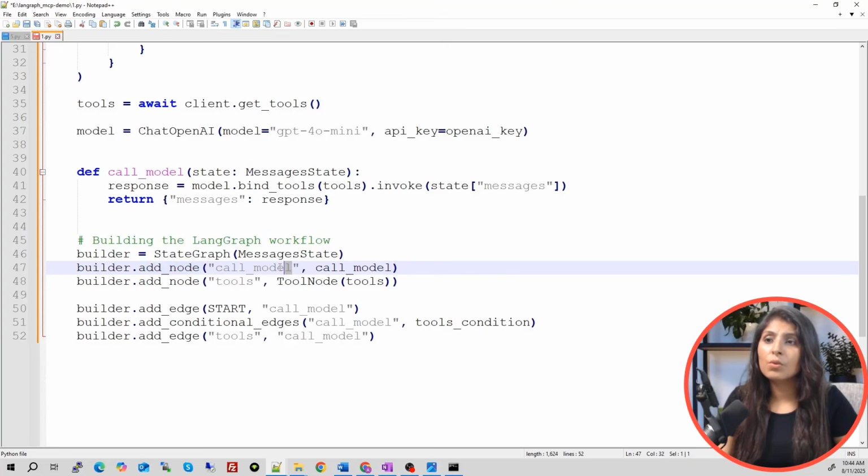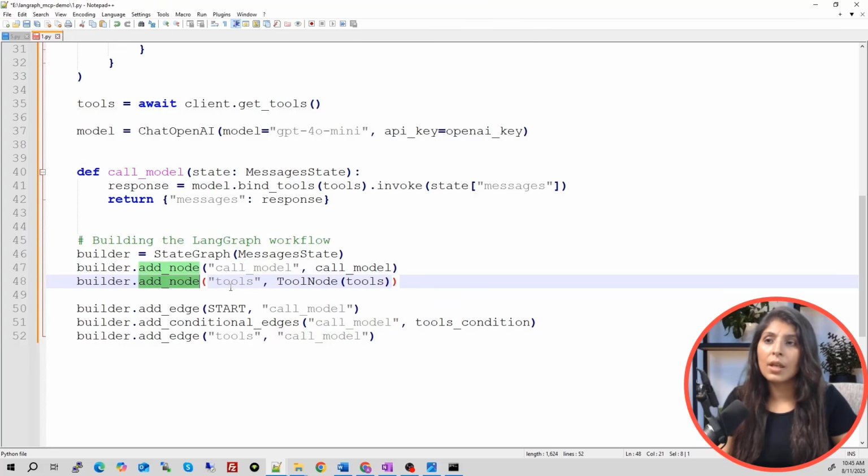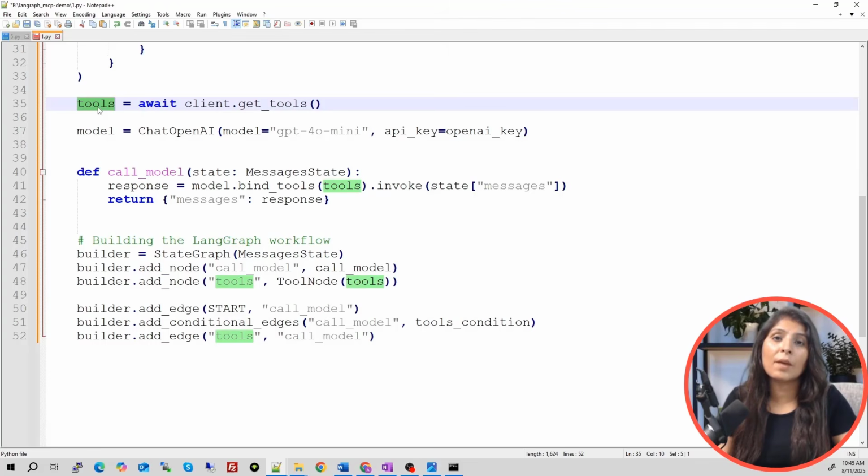First, we create one node with the name call model, and we are assigning this call model function to it, meaning this node will do this task. And then we are adding another node, and the name of the node is tools. This node will use all the tools which we get from the MCP server, right? Whatever number of tools the MCP server has, all those tools we are providing here.